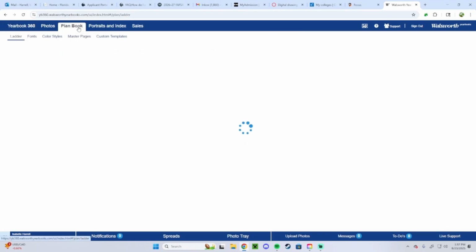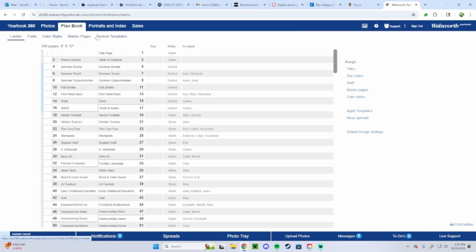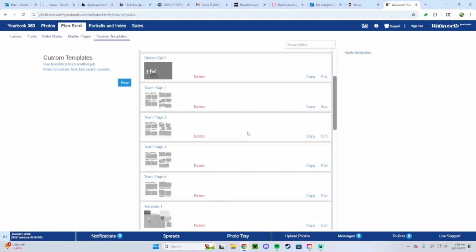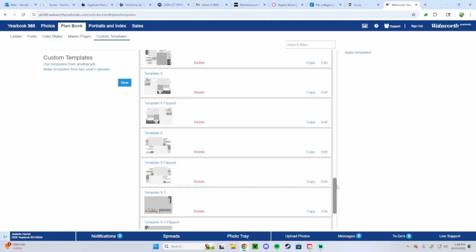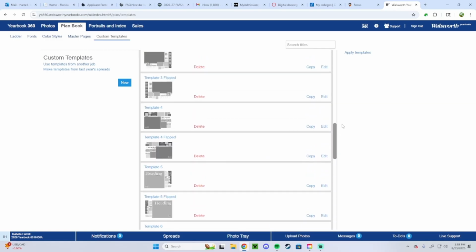So I've been working all week, which I regret not making a tutorial while I made all of these templates, but I've made team pages. We've got templates. And the first tutorial that I made this basic template, which I'm going to look at and